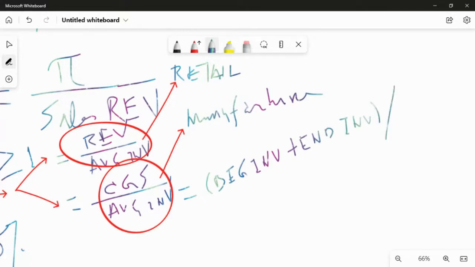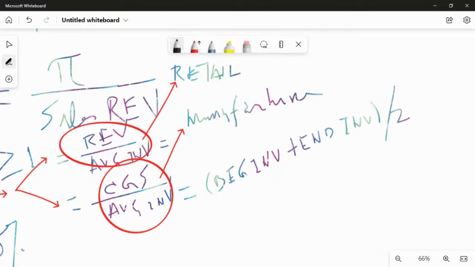I'm not going to write that for the retail method, because it's the same. But the only thing is, in manufacturing, all the inventory are basically